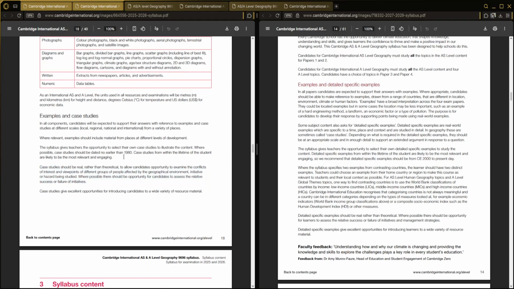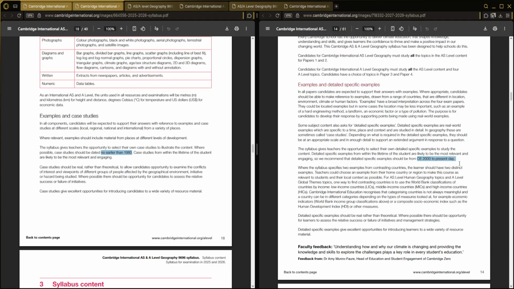A new thing that has changed is that previously the earliest date you could pick for a case study was no earlier than 1980, so 1980 to modern day. The new date is now recommended, so you could go earlier than the recommended date, but it's just recommended for 2000 until present day, which is whatever day you're on. Right now it's 2026. So yeah, you have to use much more modern examples.